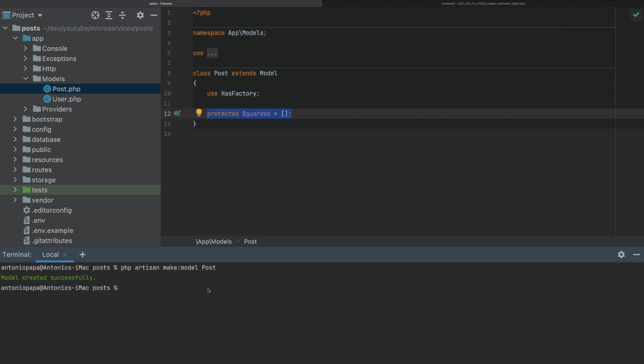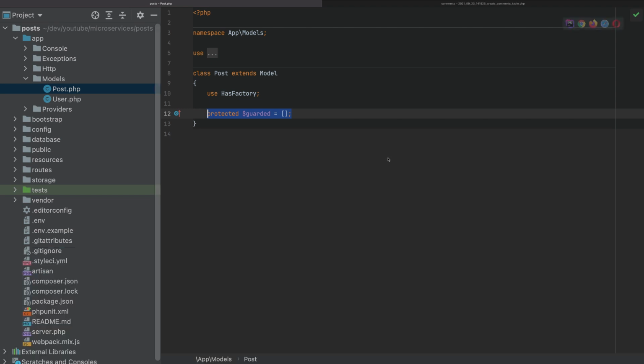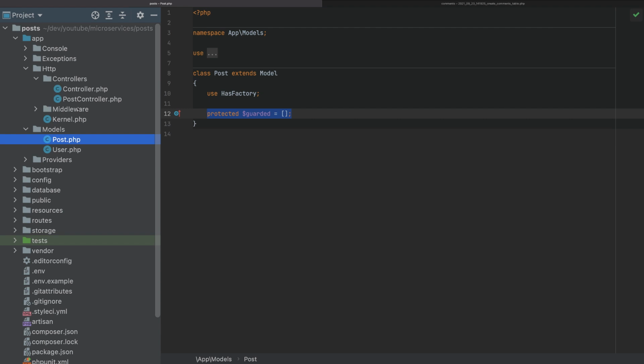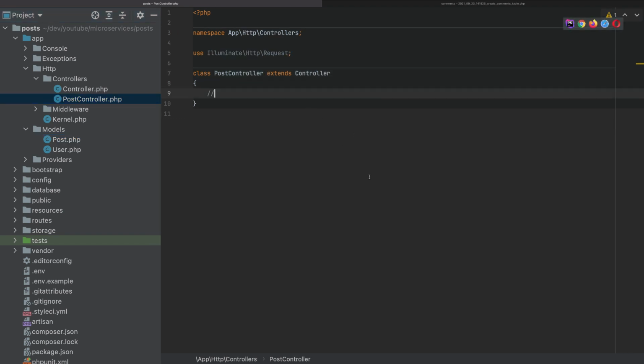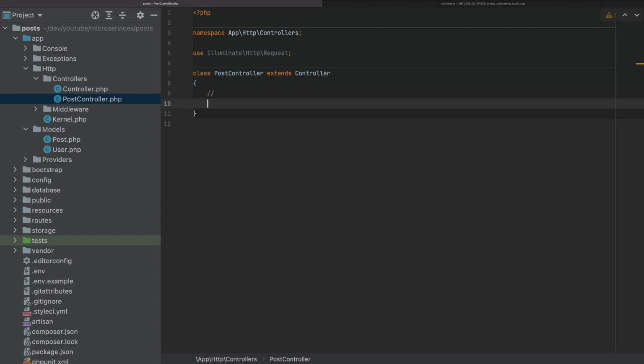Let's create first a controller. So php artisan make:controller PostController, and we'll have here a PostController. Now we will have here two methods for the PostController, but the first method that I will add is this one,